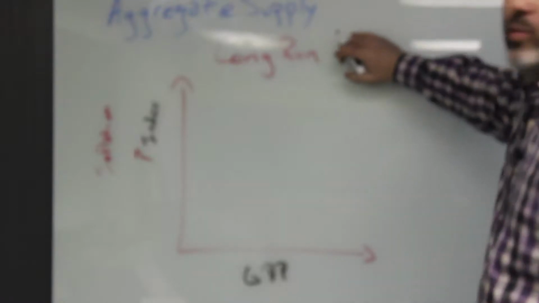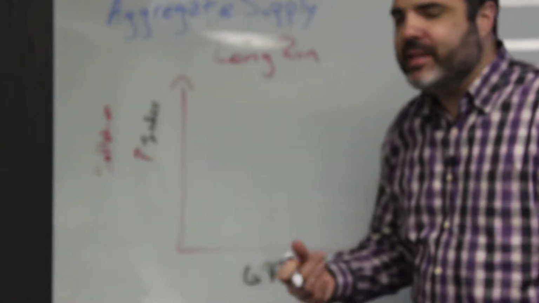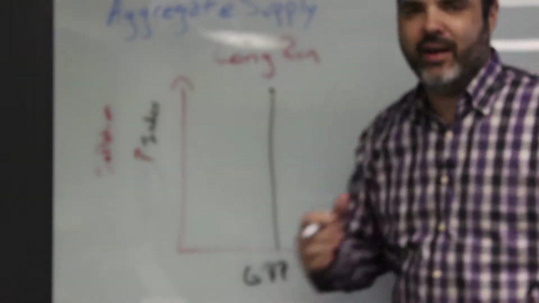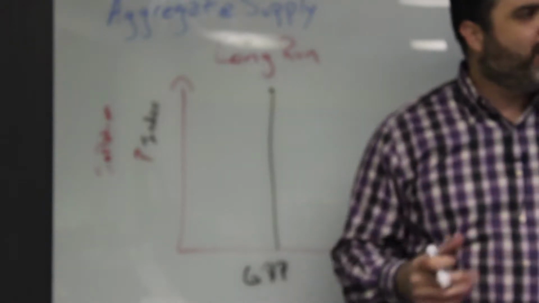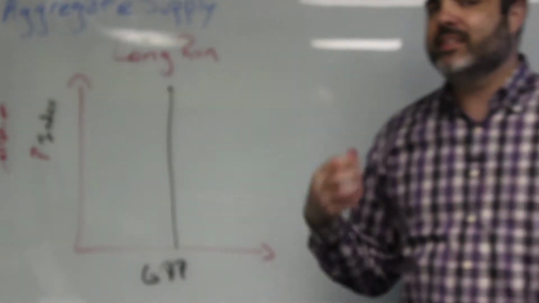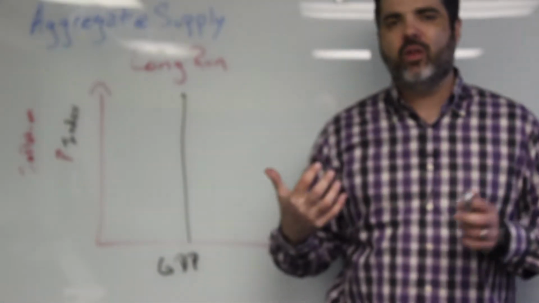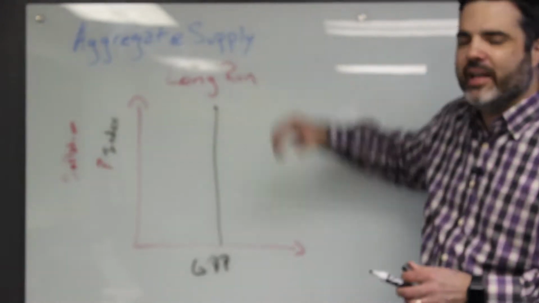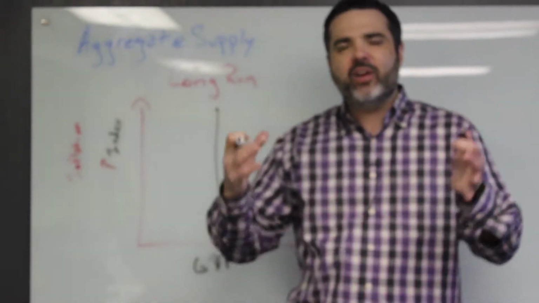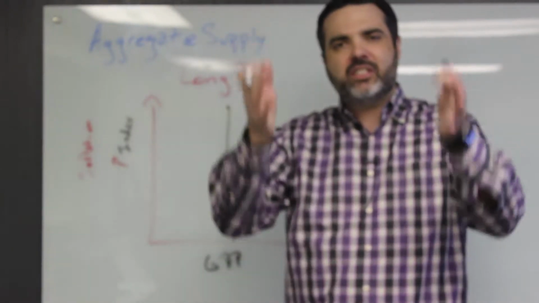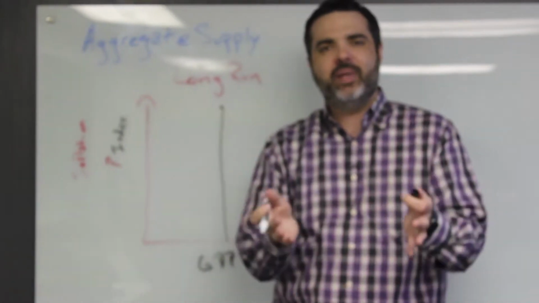But in the long run, what actually happens is that you end up having a supply curve that is straight up. What happens in the long run is that prices are completely flexible. So prices can move all sorts of ways in the long run. And what happens in a long run supply curve is that they fall to a very comfortable place. And the long run curve just stays in a comfortable place and it meets there.